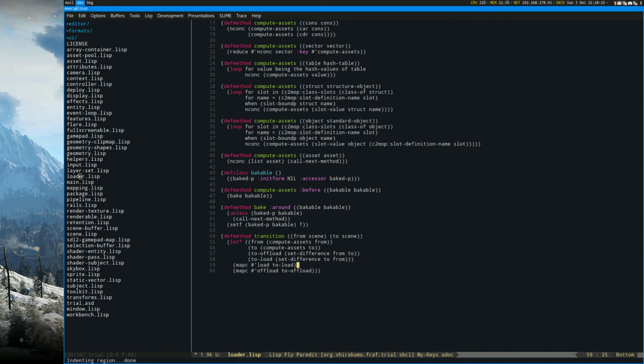And this should actually be before, so that we can catch the error. Info trial loader offloading. The info trial loader transitioning from